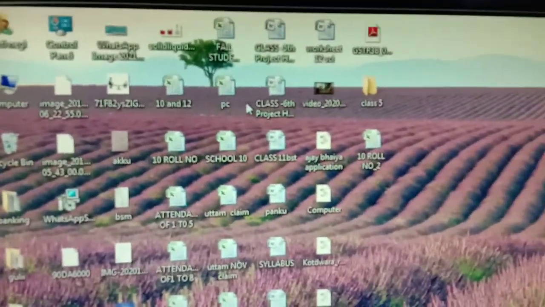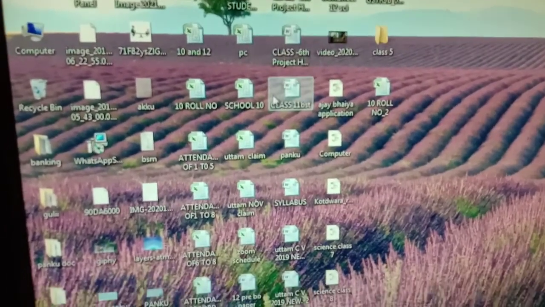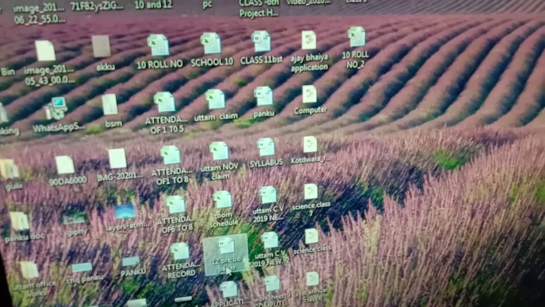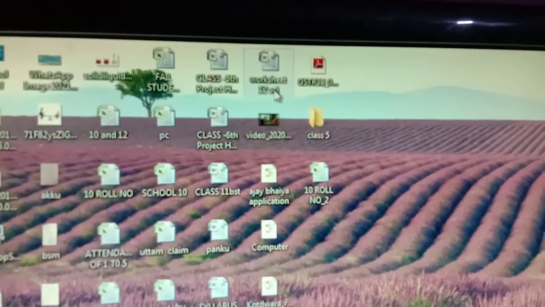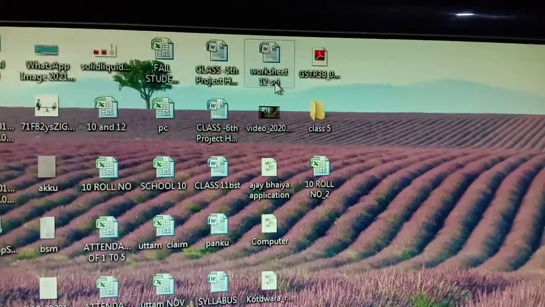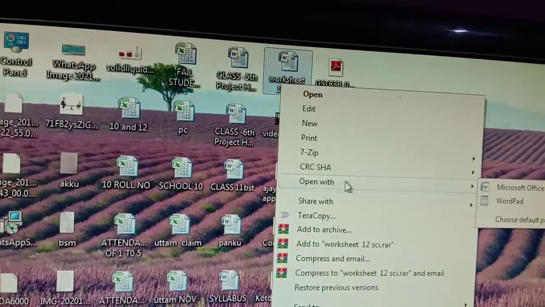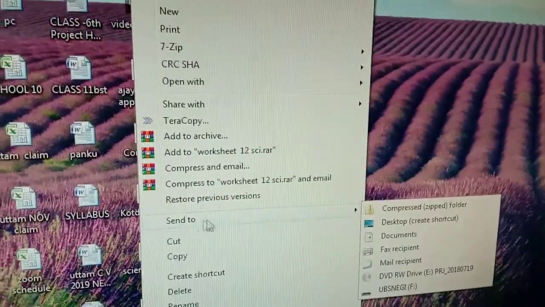Or there is one more option to copy a file to your pen drive: send your file to your pen drive. For example, I want to send this file, wait a minute, to my pen drive. I will send it. There is an option of copy and also an option of send.